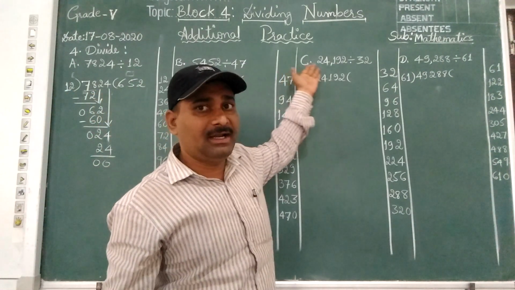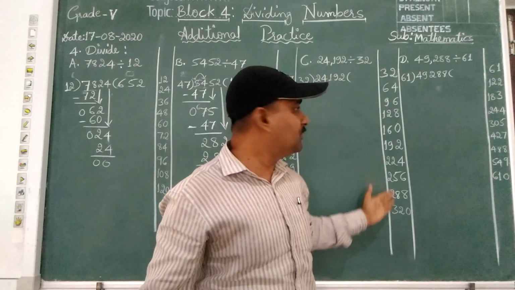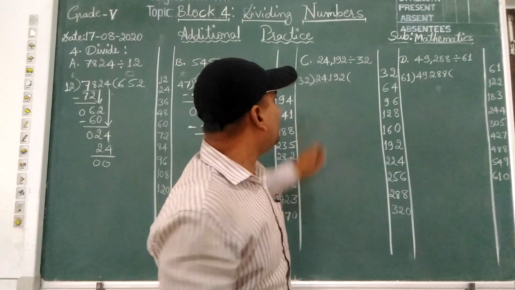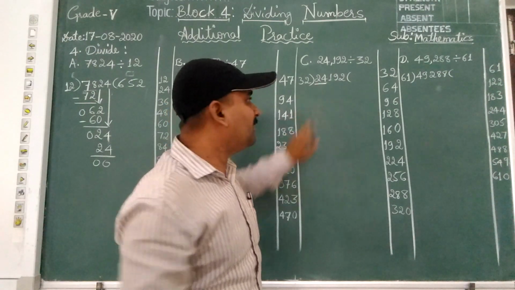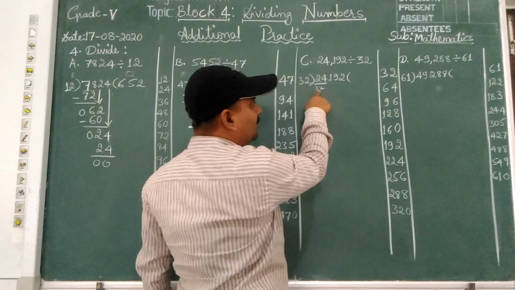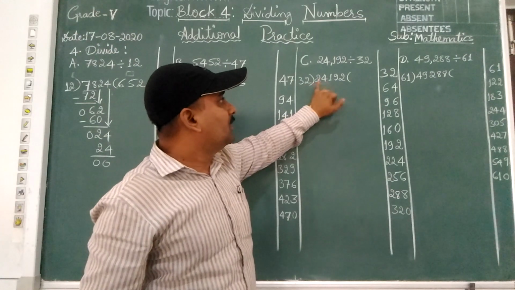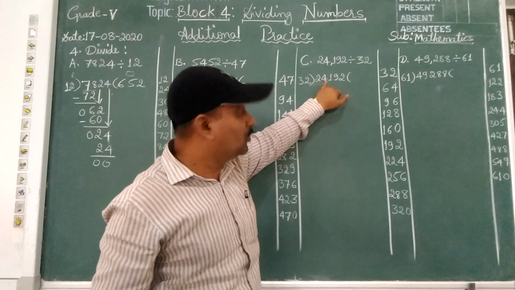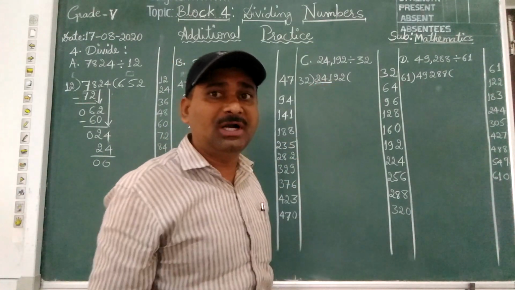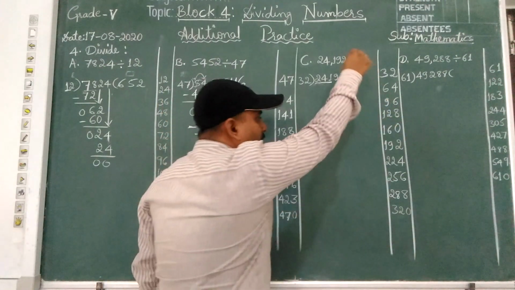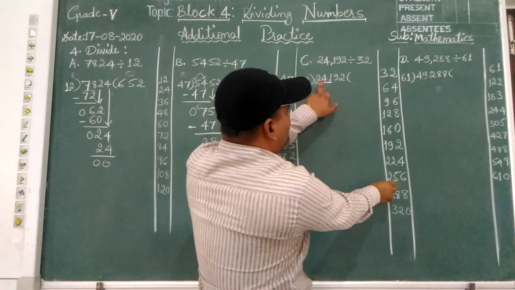Okay. See, divide by 32. Take first 2 digits, 24. Use 32 as a table. If I take these 2 digits, I cannot divide, because 32 1s are 32, it is more. 32 is more than 24, I cannot subtract. So 1 digit, not possible. 2 digits, not possible. You should take 3 digits here, children: 241. Find out here 241. 256 is greater than 241.